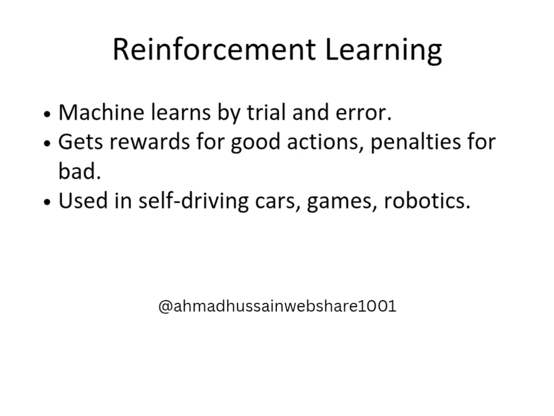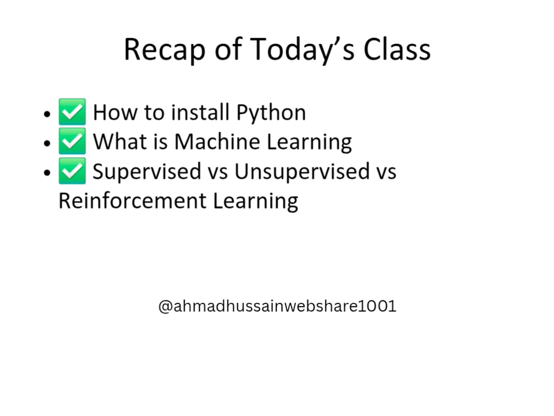Reinforcement learning, this is the third type of learning, like training a pet or playing a game. The computer learns from trial and error. It gets rewards for correct actions and penalties for wrong actions. For example, a robot learning to walk. If it fails, no reward. If it walks, it gets points. Used for self-driving cars, game playing AI like chess, video games.